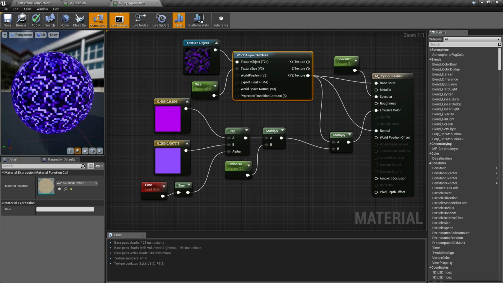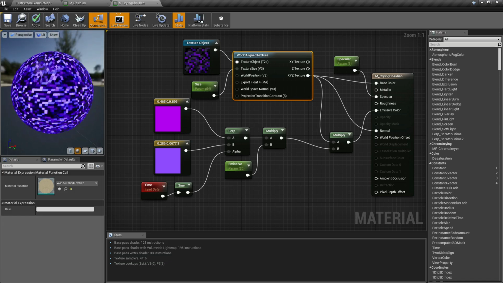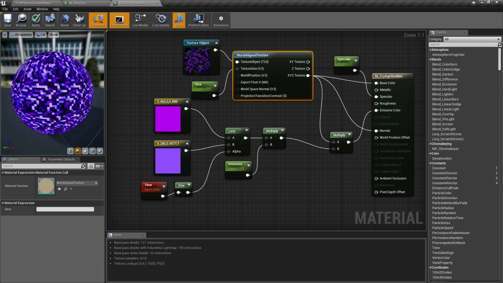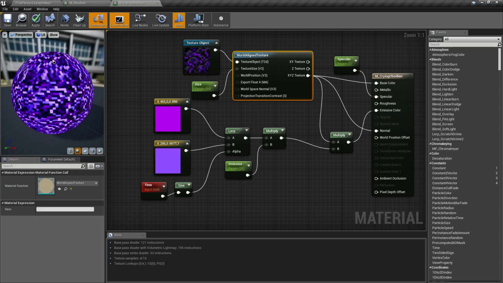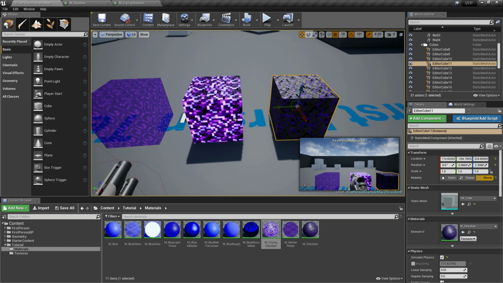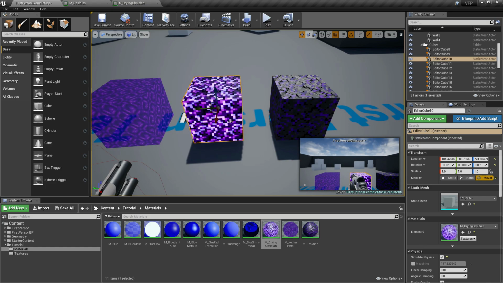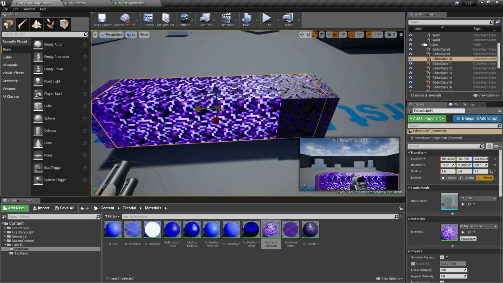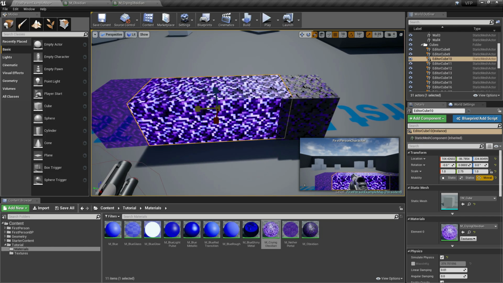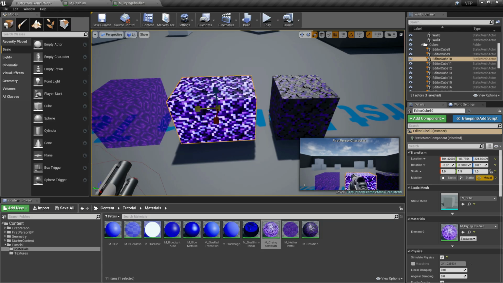And as you can see, this is our crying Obsidian now, which is using the world space coordinate instead of UV coordinate. So let's save our material, and let's check on the level. So let's try resizing this material or this object to see if the texture is aligned to world space coordinate. And as you can see, the crying Obsidian that we created is now using world space coordinate instead of UV coordinate.